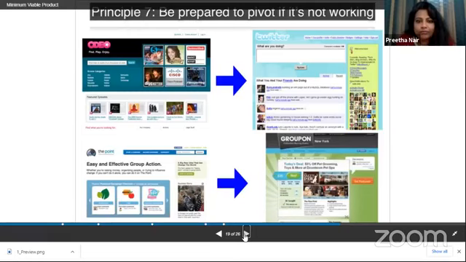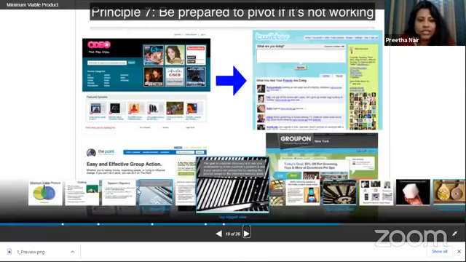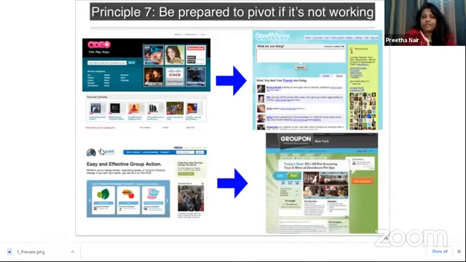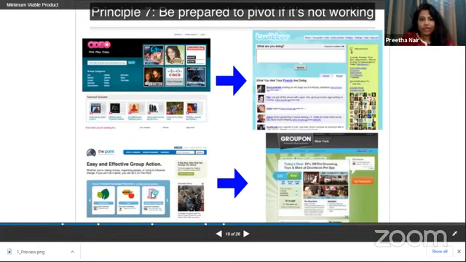For example, an application that looked like this and was named the point was basically an online website that allowed discount coupons to be used for various usages, which was not working because a lot of the data representation on the website wasn't clear. It got pivoted out into an application called Groupon or a Cobon